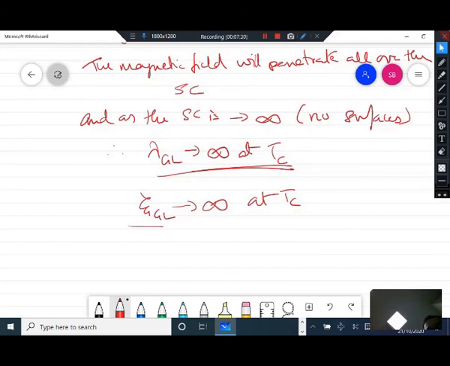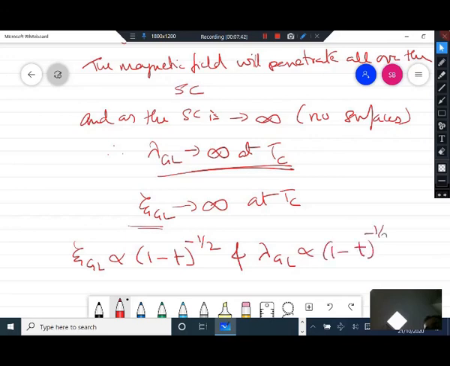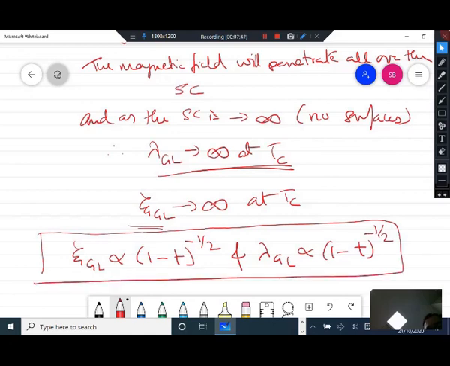Both xi GL and lambda GL are proportional to 1 minus t raised to minus half. Both of these come from the GL equations. Okay, so you get fundamental length scales which are related to the microscopic length scales which you have